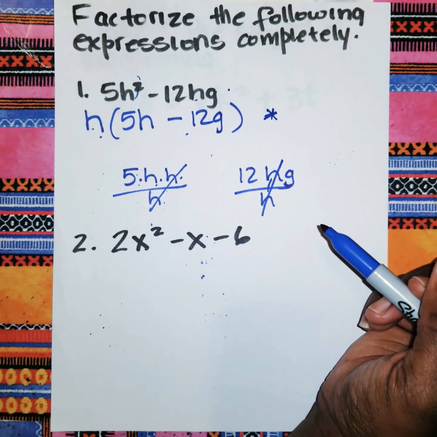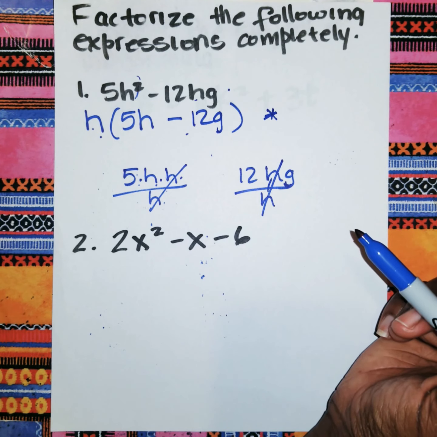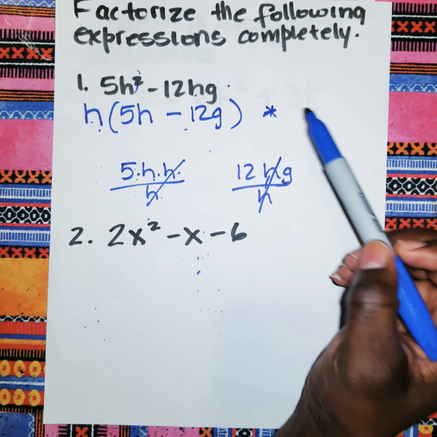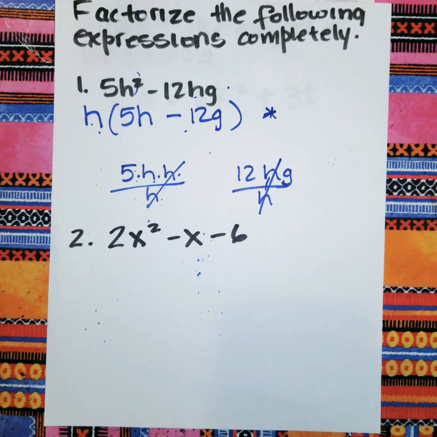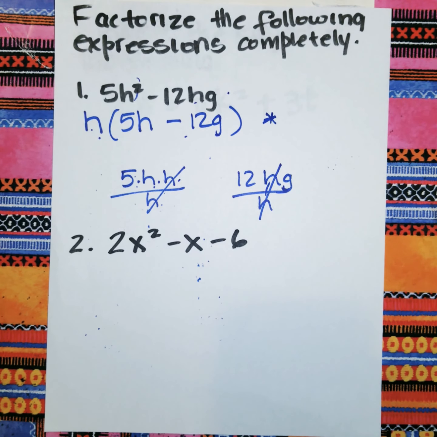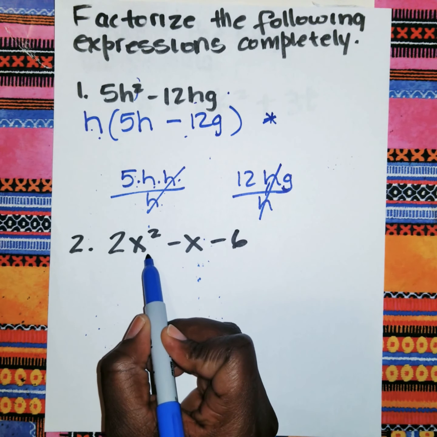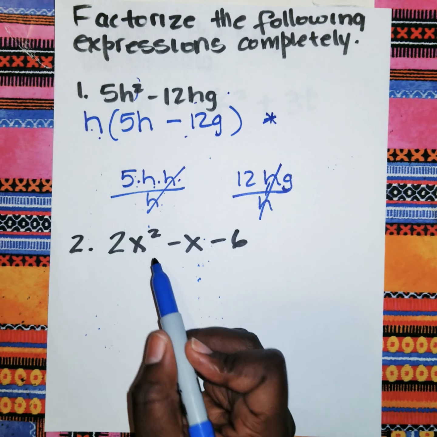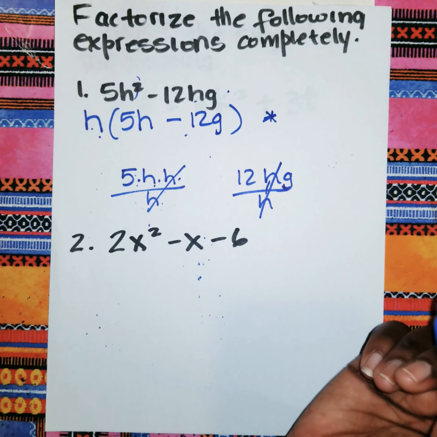So the second part says 2x squared minus x minus 6. So the same instruction applies. We need to factorize. So for this one, guys, you see that it's in a quadratic form. How do I know? The highest power of x is 2. So there are different methods of doing this, but I'm going to use the AC method, as that seems the